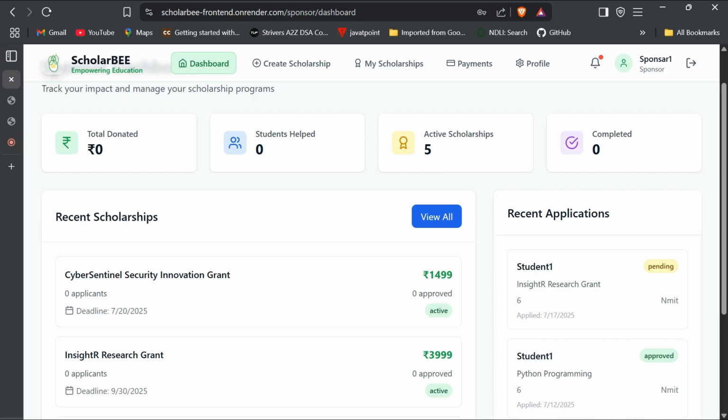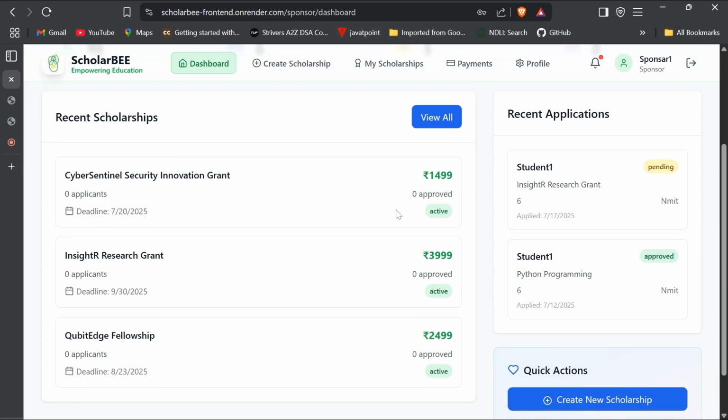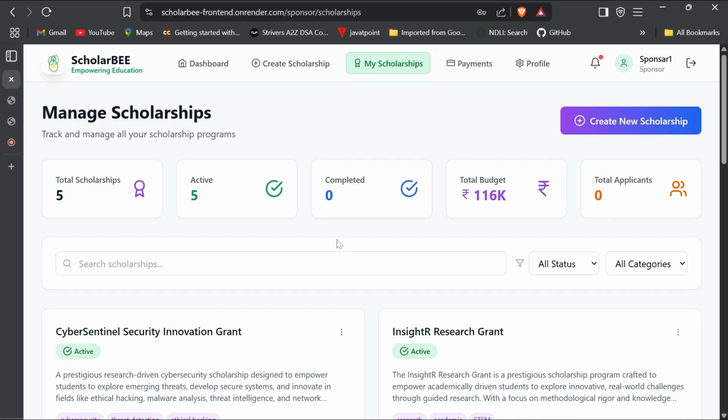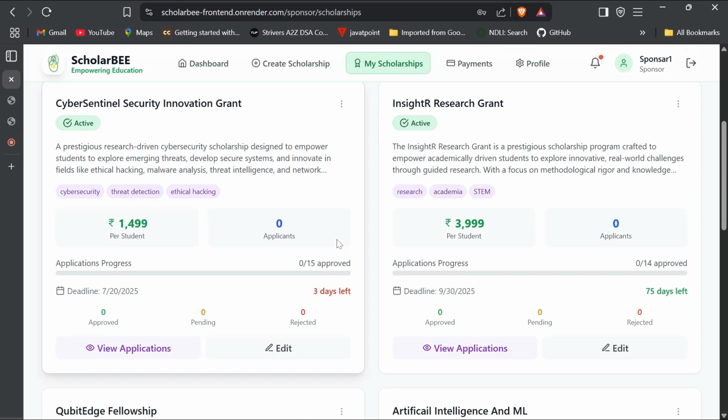Whenever the deadline is crossed and the intended number of students have received the scholarship, this number increases. These are the recent applications. As I showed you, the Python programming application was approved, but the research scholarship was not, so it shows as pending. This is how the sponsor part of the website functions.